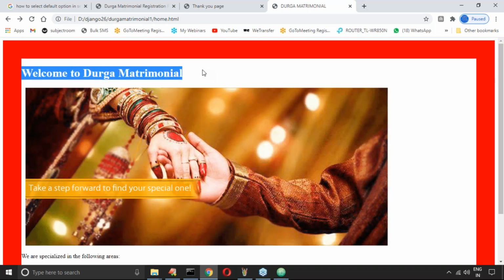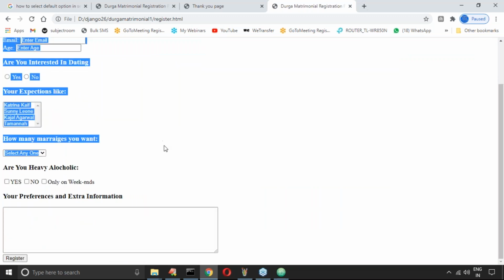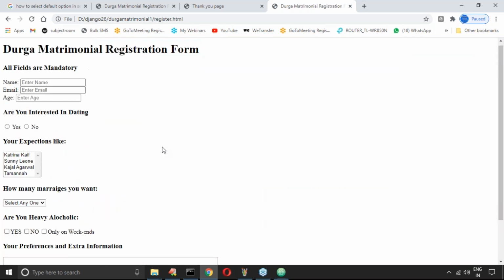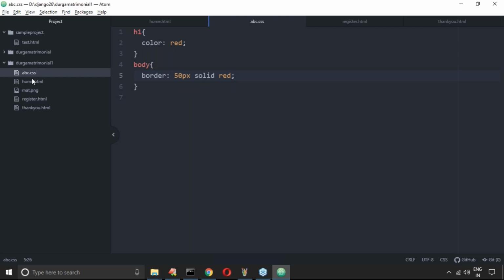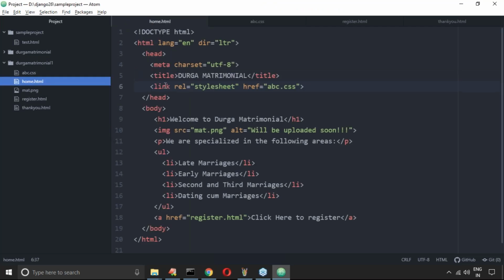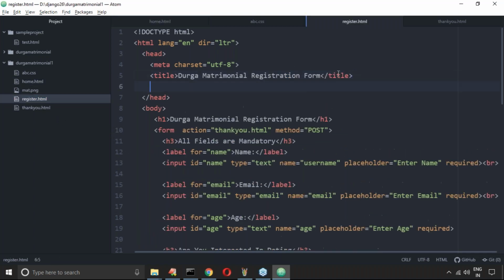Next I want background. Now if I click this one, this one is coming normal because I didn't link that CSS in the registration form. What I have to take is, whatever CSS link is there in home.css, let me use even in register.html also. Now the same is applicable here also.